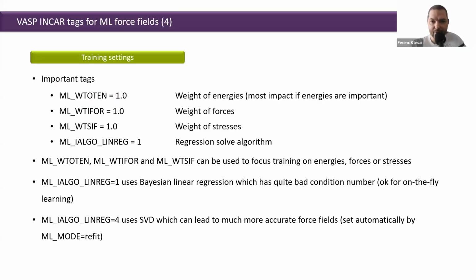But what in most cases can be very important, especially for free energy calculations, is to increase the weight of the total energies. By, for example, increasing this weight by a factor of 10 to 50 or even 100, the accuracy of the energy can be hugely improved immediately by a factor of 2 to 3. You usually have to find the sweet spot, but at the same time it almost does not affect the accuracy of the forces and stresses at all. So this should be set every time if you do free energy calculations, for example.